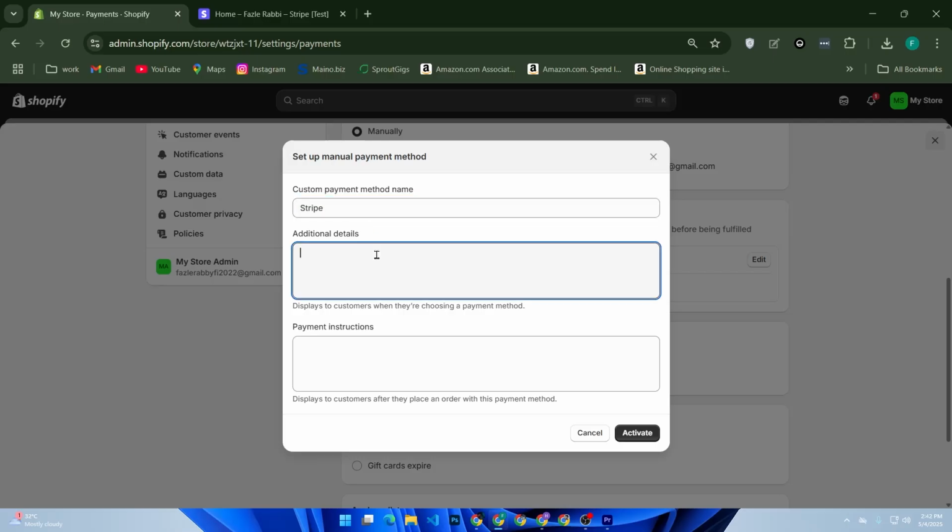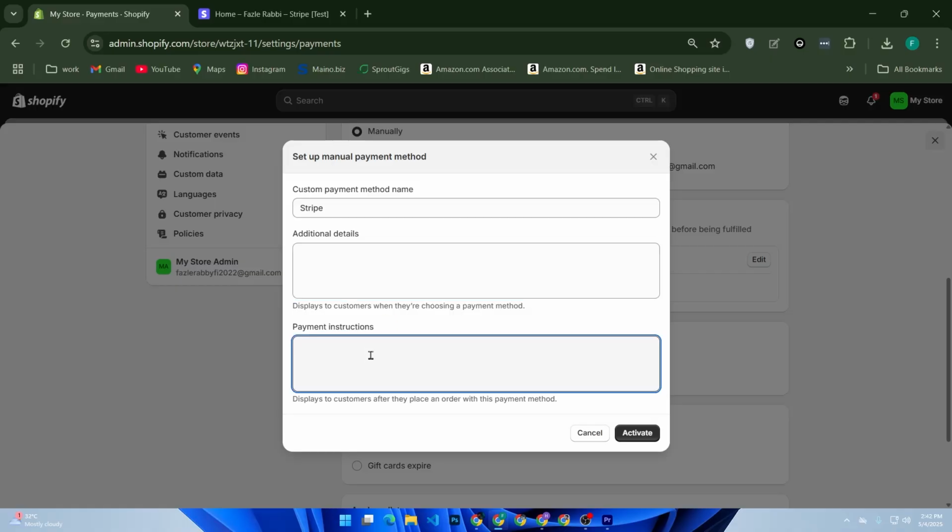And then write additional details, then payment instructions like please pay with Stripe here,